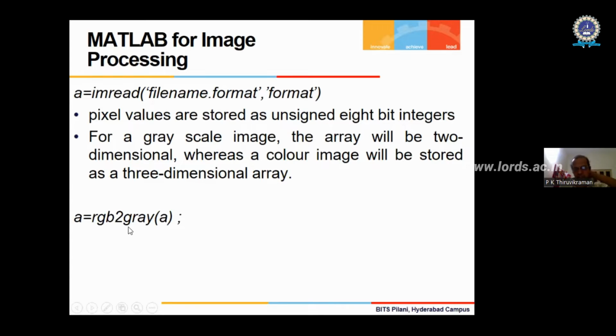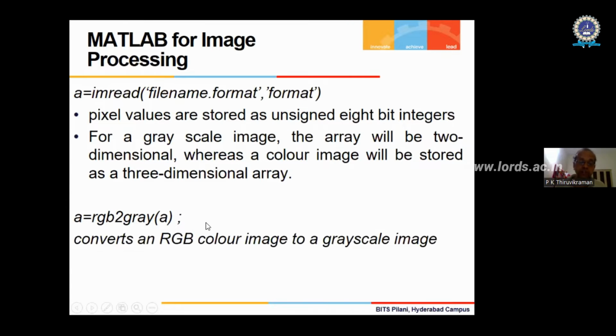And you can also convert an RGB or color image to grayscale using this command. RGB to gray of A means you first read the color image and store it in A, then RGB to gray will convert the color image into a grayscale image. So you are actually losing information here. But for some algorithms, maybe color is not important. If you don't require the color information, it makes things simpler, so you convert an RGB image to a grayscale